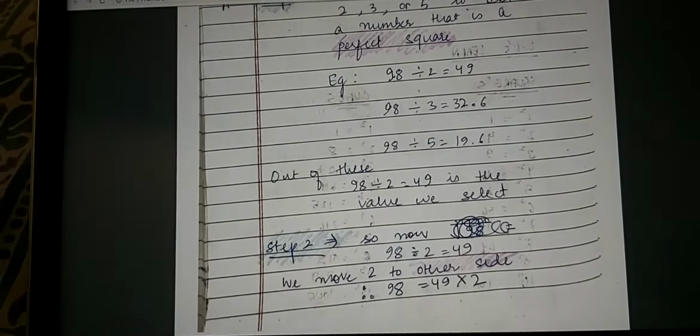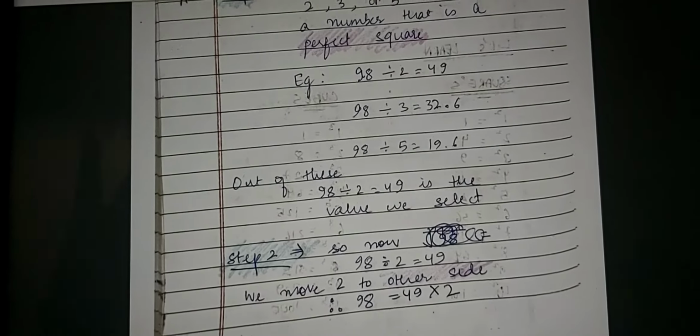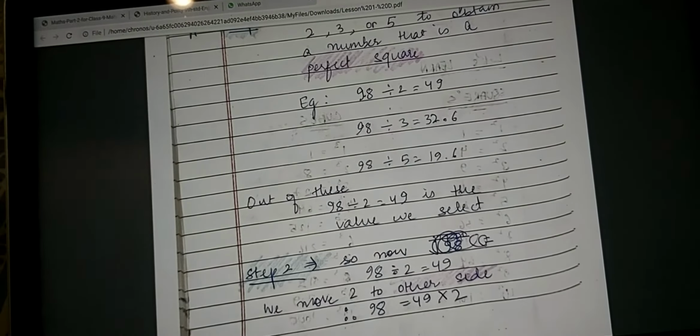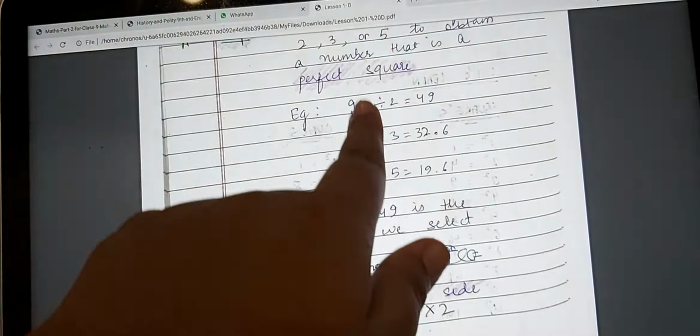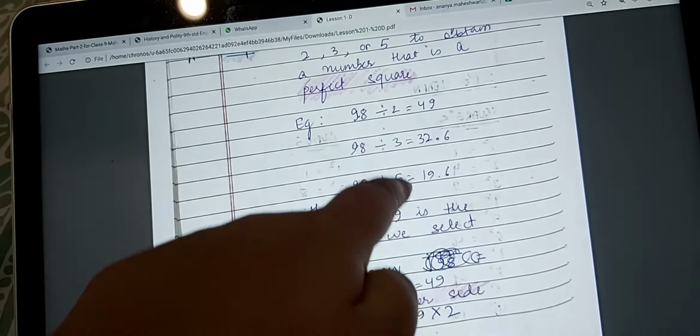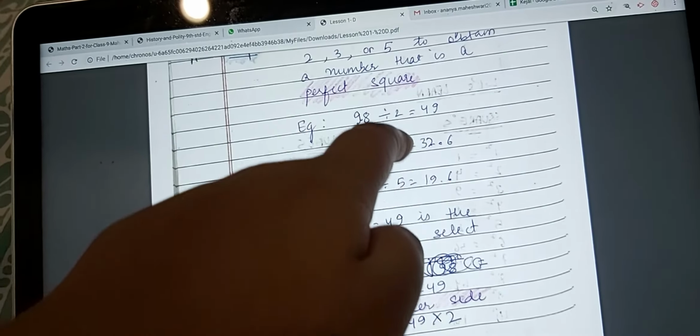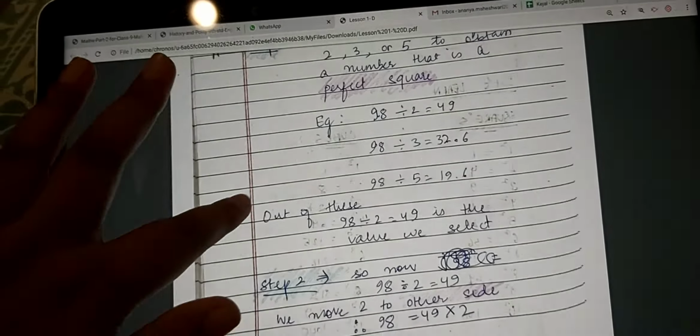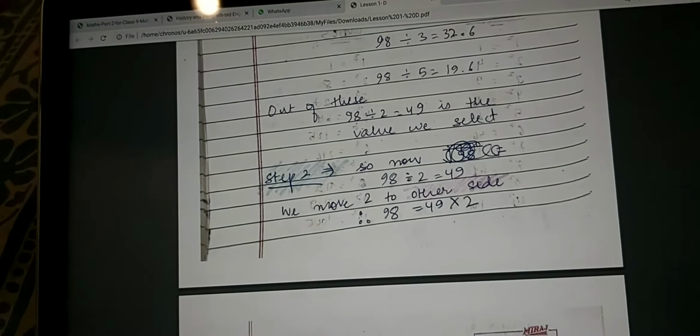For example, if you go for an audition for a drama club, there will be lots of options. Correct? You will give your audition, someone else will give their audition, and then whoever is the person, he has to select one, right? So out of these 3 people who have given an audition, I have to select. I decided this one is perfect for this role. 98 divided by 2 is equal to 49 is the perfect thing that I need. So I'm going to choose that.